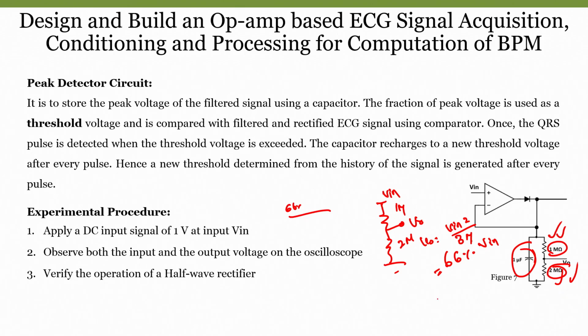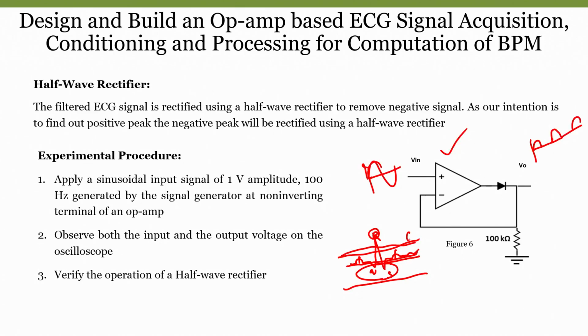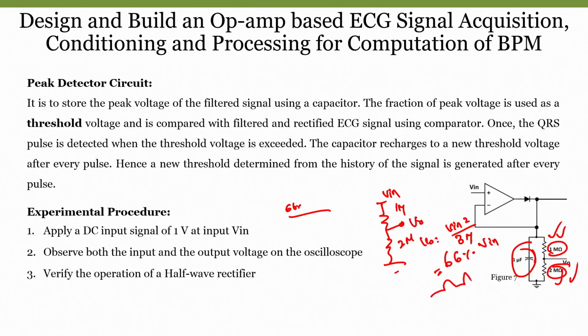So, whatever we get is nothing but the signal which is greater than this threshold. This threshold is 66.6%. So, you will get a signal like this, right. In the simulation, we will pass a sinusoidal signal and look at this point without this particular part, to see whether the capacitor is charging to the peak value or not. Now, we will take even this portion, this portion 2, attached to that, and we will see whether it is setting a threshold and passing only the values greater than that particular threshold or not, right. And we will also compare with experimental results.